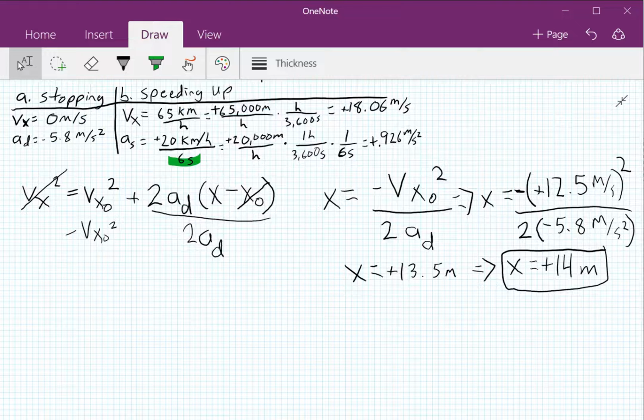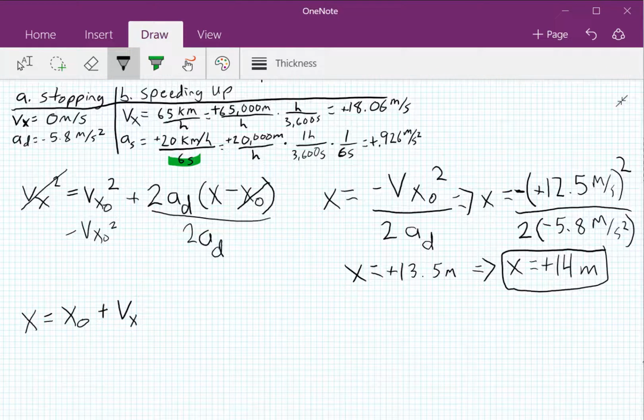Now, with part B, you have the time that the light takes to turn red as a limitation. So your equation that you use has to involve time, but it also has to include a position, which means that you cannot use the first equation. You have to use the second equation. And on the equation sheet, the second equation reads as x equals x initial